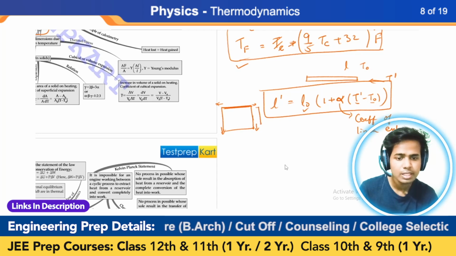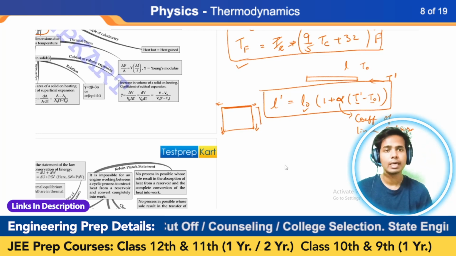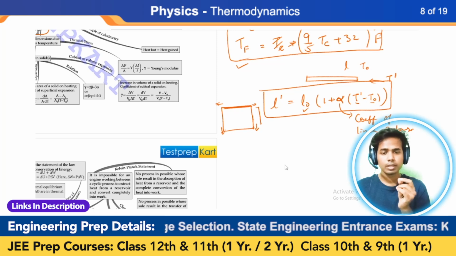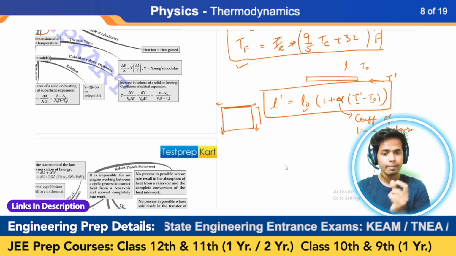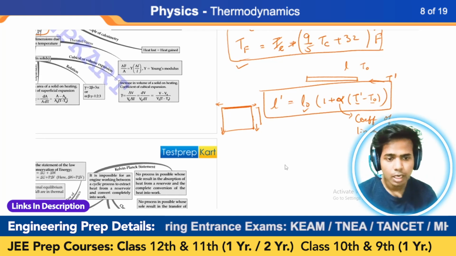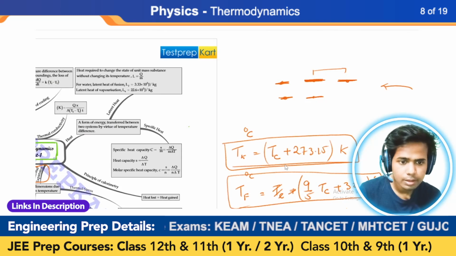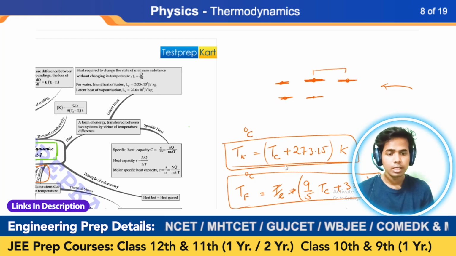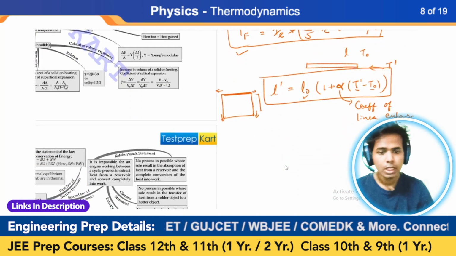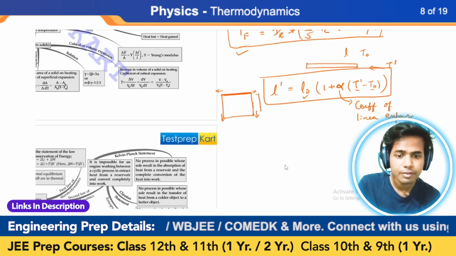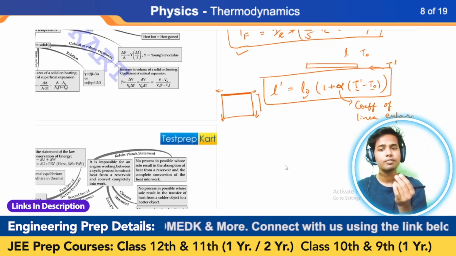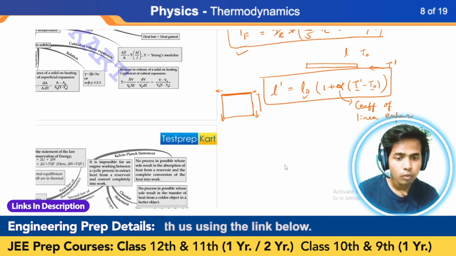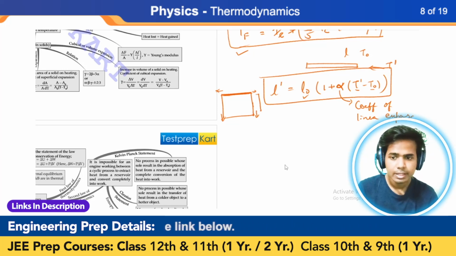Even this length should increase, because we already talked about that the interatomic distance will increase, because we saw above that atoms start vibrating more, their amplitude increases. Because of that the area should also increase, right? Any area contains length and breadth. If both length and breadth increase, then the overall area should also increase. Then in this case,